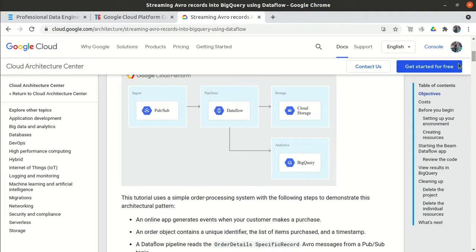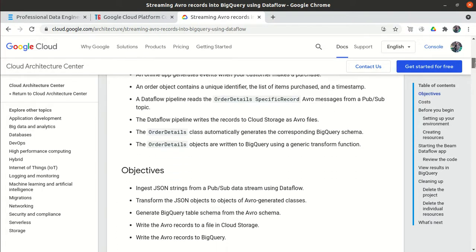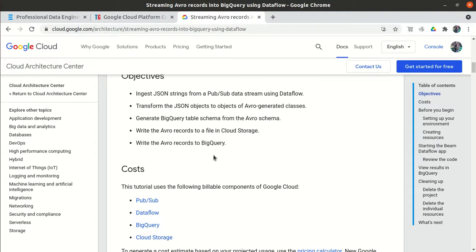Once the data arrives in Avro format, we create a table in BigQuery by reading the schema, store the file in Cloud Storage, and then load it from Cloud Storage into BigQuery.